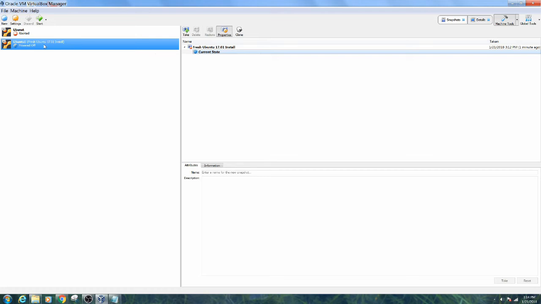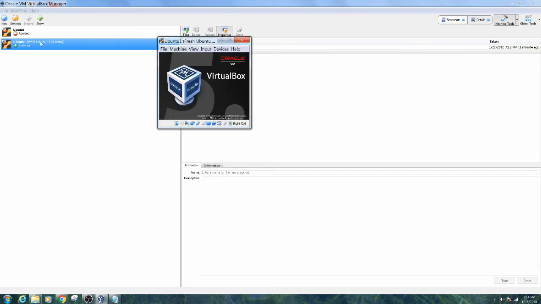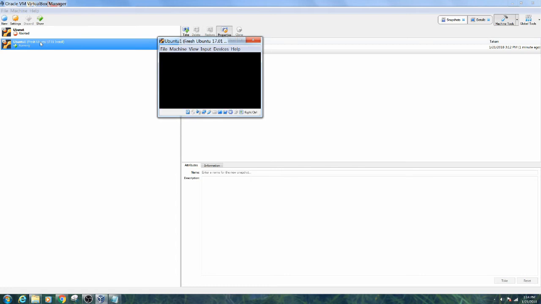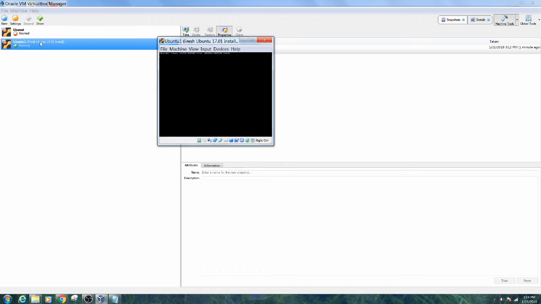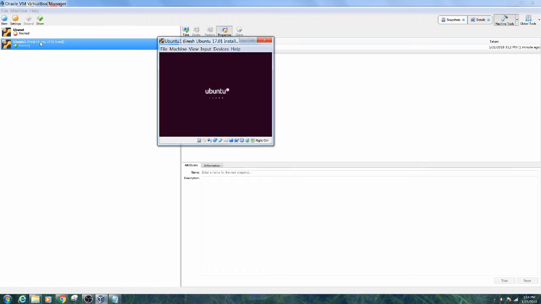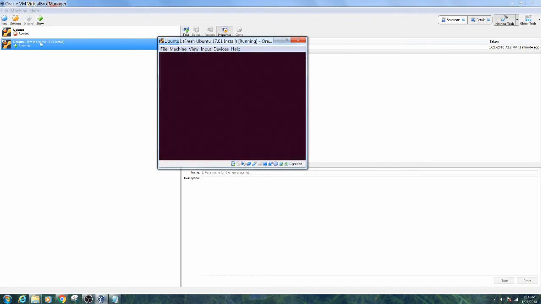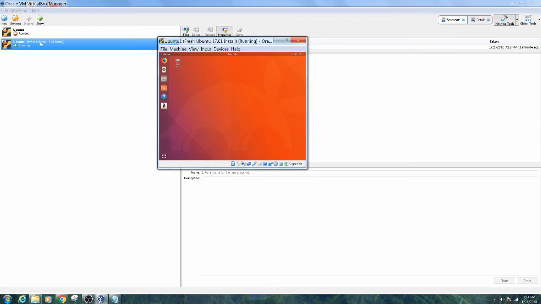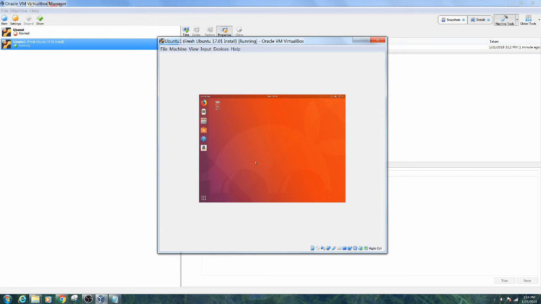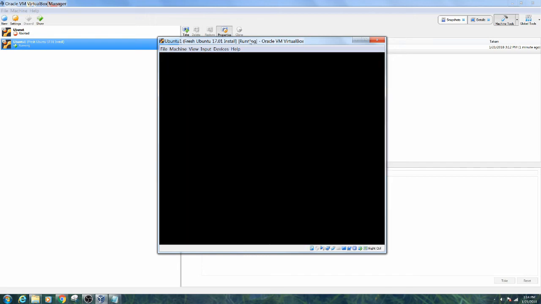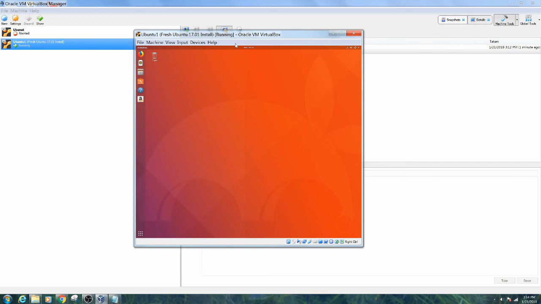now that we have our fresh Ubuntu install, I'm gonna boot it up, and we're gonna check our installation. And we started up just fine. And let's take a look at this, and let's do a little bit of a tour of VirtualBox. So here,